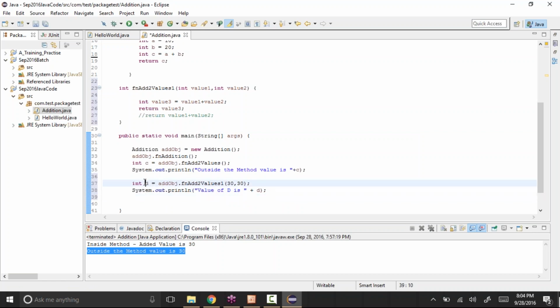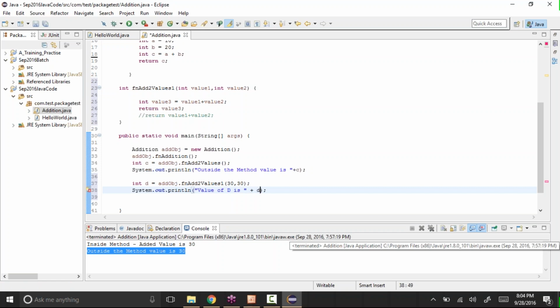Okay, and if you create a variable as lowercase d, then here also it should be lowercase. If you give uppercase, see, it will throw an error. It says d cannot be resolved to a variable. So it's case sensitive. Whatever the name of the variable that you create, you need to give that same name here, otherwise it will treat it as a different variable. See, d. Okay, save it.